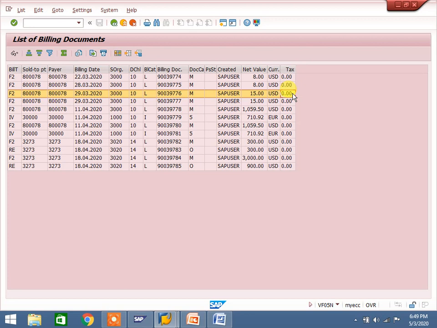What is our duty here? The SD consultant needs to gather the total requirement from the users. Once we gather it, we write the functional specification and submit it to the developers.